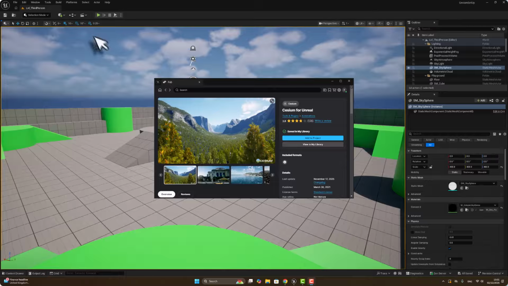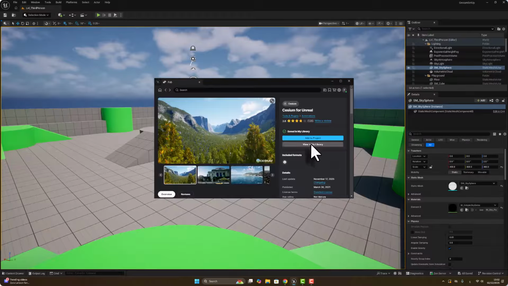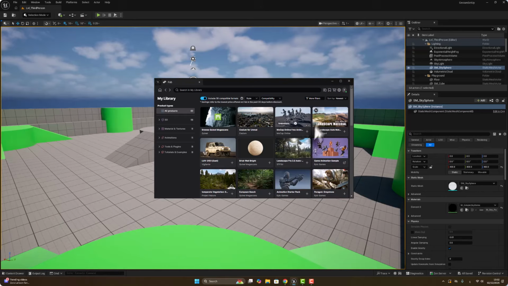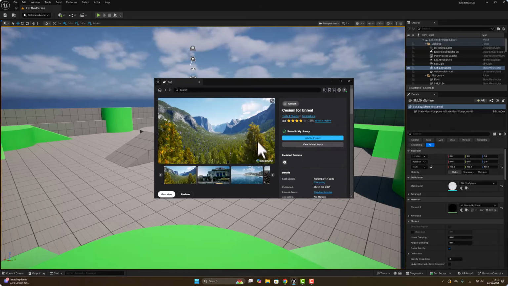We have a second way to fix this. Okay, press this button, view in my library. Okay, where is this one? Add to my project does not work. Okay, now let's go here. Where is the